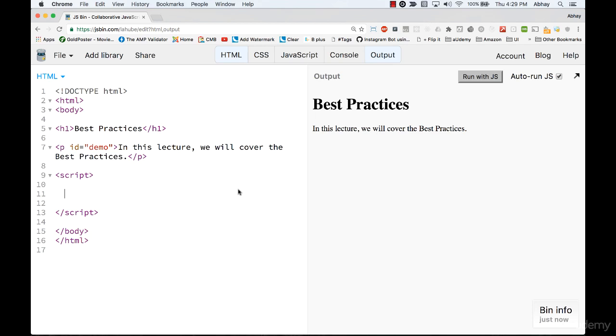Hey guys, so in this lecture we will cover some best practices, or probably a nicer way of saying that, what I will teach you in this lecture is what not to do. So I will refrain from doing these things and I will ask you not to do it when you are coding yourself. So let's get started. The first one that we have is